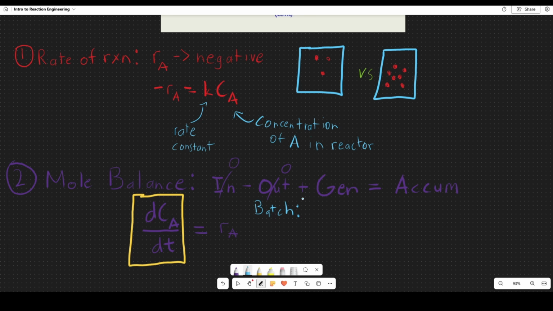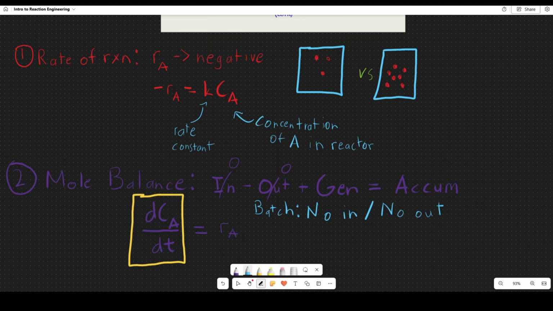And so all we're left with is generation and accumulation. So important to note, in batch: no in, no out. In a CSTR and a PFR, we do have feed coming in and products coming out. But even when we cross that, we're going to have mass balances going on, so it shouldn't be a problem. But specifically for batch, we definitely don't have anything coming continuously in or out. At T equals zero, all of our reactants are in that tank, and then they start reacting at T equals zero. And so if we look at generation, what we can say is that generation is R sub A times